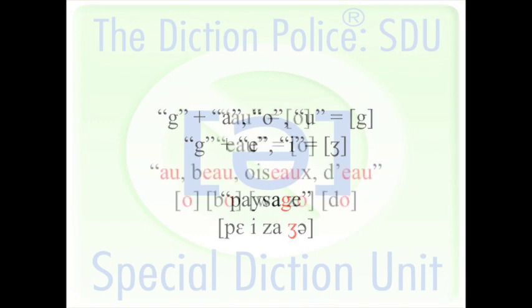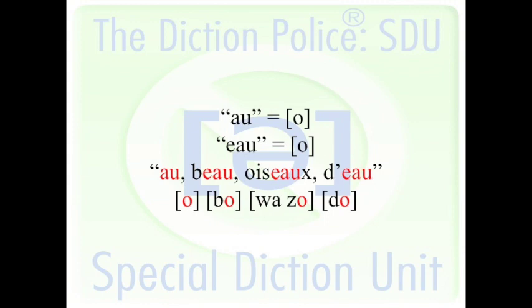Exactly. So like I said, the U also functions with a lot of vowels, and we have most of those here. So why don't we start with AU? AU is O, like we have in "Au calme clair de lune" in the last stanza. And actually at the end of that sentence we have another one which is EAU. And EAU is O as well, so both are closed O. Are they always closed? Yes.